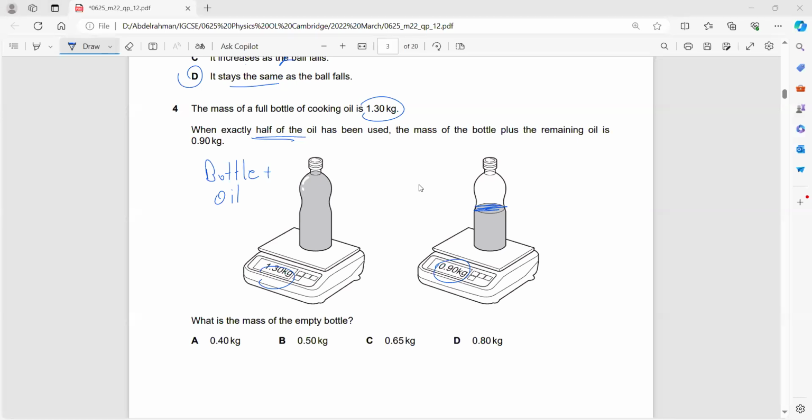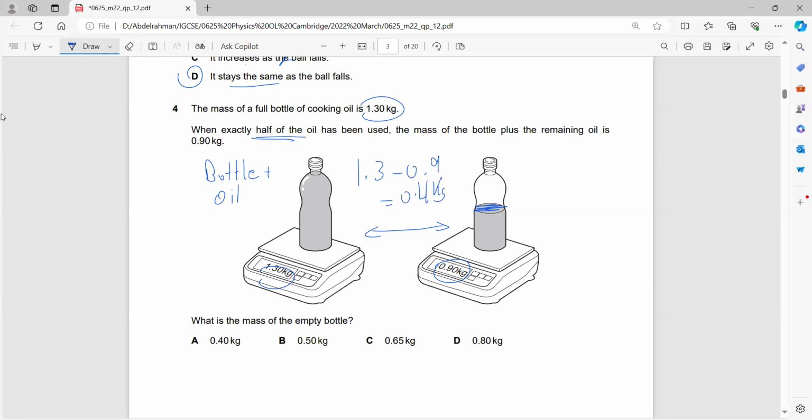What is the mass of the empty bottle? How can I find the mass of the empty bottle? Now we have removed half of the oil. How can I find the mass of the remaining oil? Initially, it was 1.3. Finally, it became 0.9. So the difference between these two readings is 1.3 minus 0.9, which is